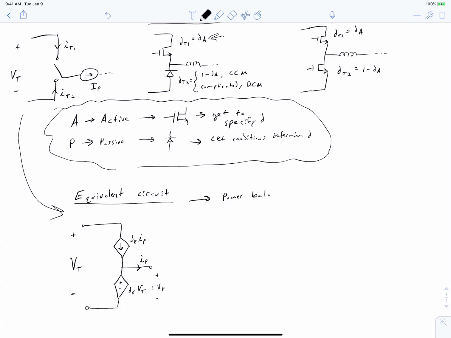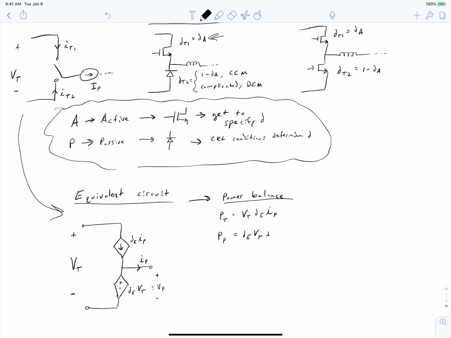If it didn't preserve power balance, it would not be a good equivalent circuit. And we can check that pretty easily. The power into the throw, in across the throw, is equal to our throw voltage times our throw current. And then the power delivered to the pole is equal to our pole voltage